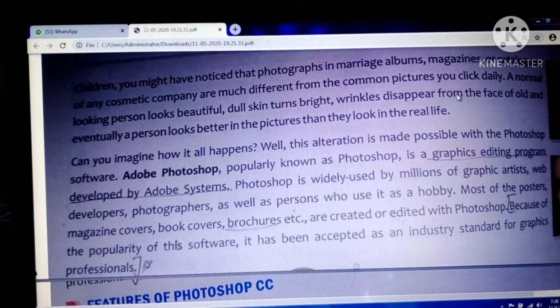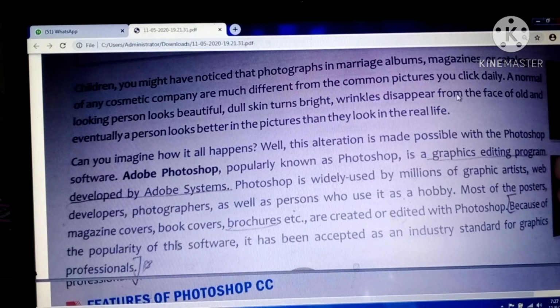By using these features, you can edit your photograph. You can blur your picture. You can clear your picture. If you want to crop some part of the picture, then you can crop that part. You can give a background to your picture. You can pick different colors from one place and put that color in a different place. You can make many edits in your picture by using this software.